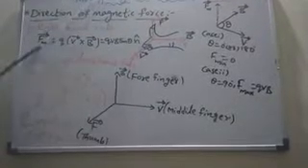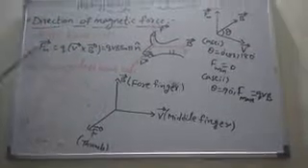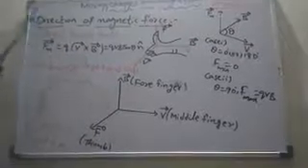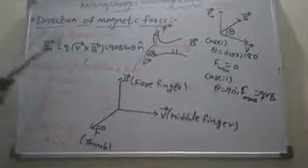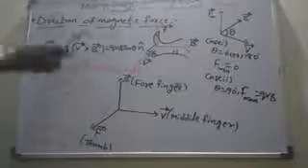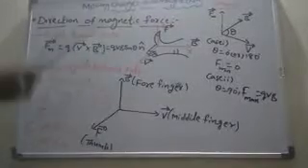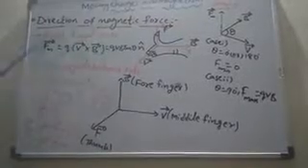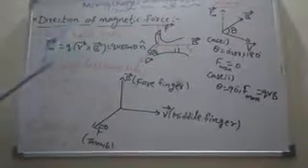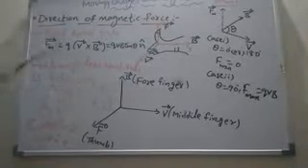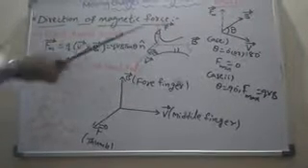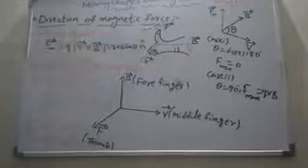And n cap is the direction of this force. Then how to determine the direction of magnetic force? This is very important; they will ask it in the board exam. By using which rules are we going to determine the direction of magnetic force acting on the charged particle? Two rules are there: right hand palm rule, or right hand rule, or else Fleming's left hand rule. By using these two rules, we can determine the direction of magnetic force acting on the charged particle.